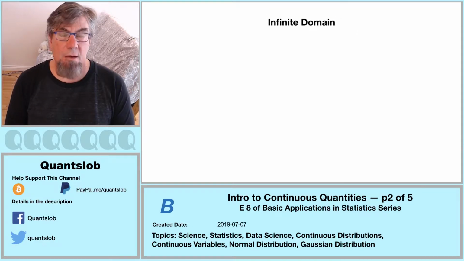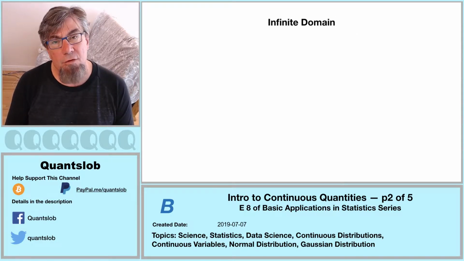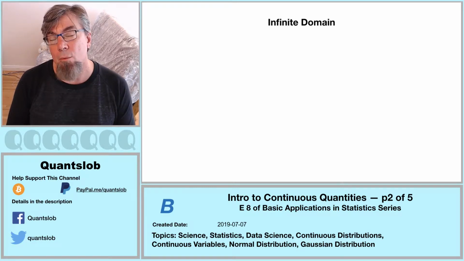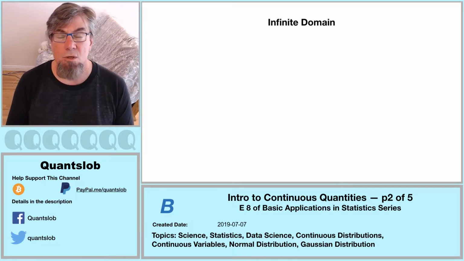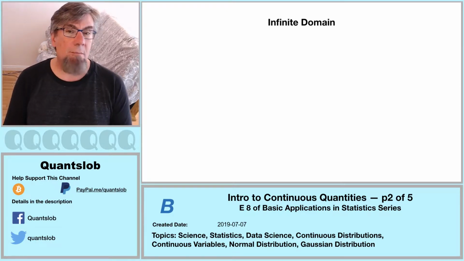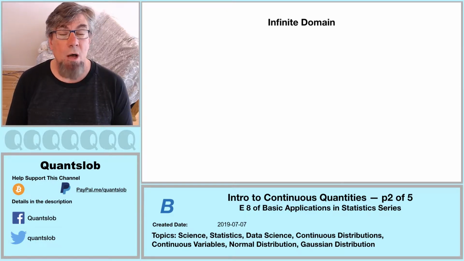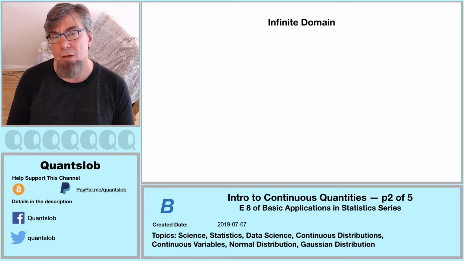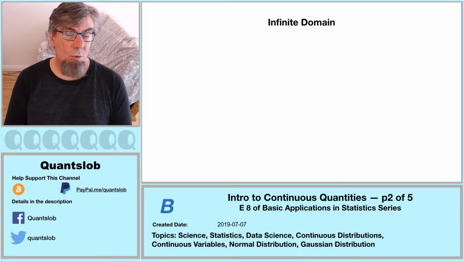In most settings, a continuous quantity will have an infinite domain. Now, we've already encountered infinity here on Quantities, going all the way back to the foundational series. We considered imaginary populations with an infinite number of elements, and we survived that okay, I think. However, to fully harness the power of continuous distributions, we not only re-encounter infinity, but we need to manage it. Fortunately, the good news is that the theory of managing infinity in this way has already been taken care of